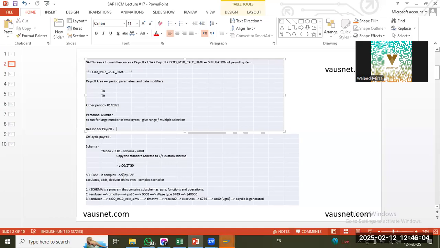Schema is a complex development by SAP. It calculates, adds, deducts on its own. It has complex scenarios. It's a program that contains subschemas, procedures, functions, and operations. End user, Timothy, PA30, wage type, and $40,000. End user, PC00 simulation, Timothy. Okay, let's